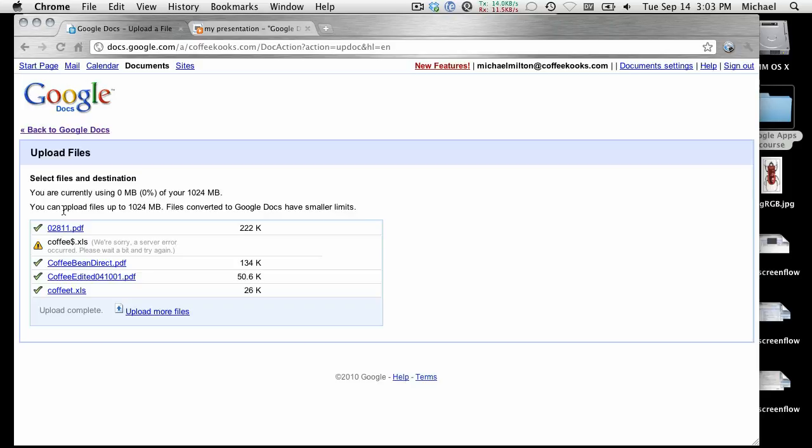A question from Geff in the chat room. Since it's a free service, does Google have access to all of your content? That's a wonderful question. They certainly have access to it because it's on their computers, but they have an elaborate privacy policy, which I am going to talk about in greater detail in the next